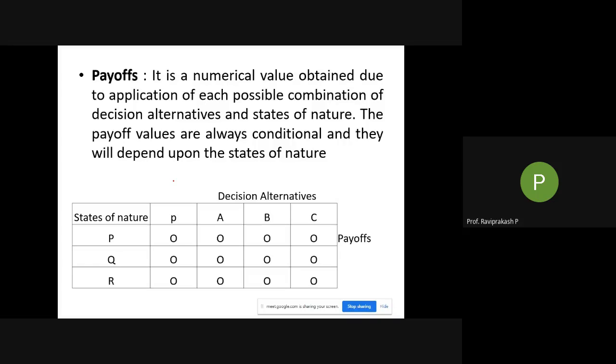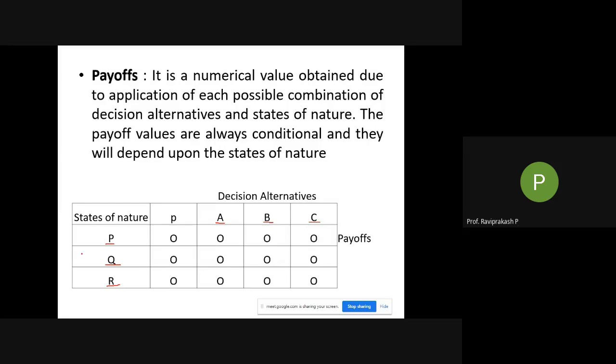So here I can give you one more example in this particular states of nature and decision alternatives. For example, take weather. Weather is a state of nature which we cannot control. P means it is sunny, Q is it is raining, and R it is very cold. So what will be the alternatives that you have? One, to walk. Two, to take a bike, and three, to take a car. These all are in my purview. These are the alternatives given to me. I can walk, I can take a bike, or I can take a car.